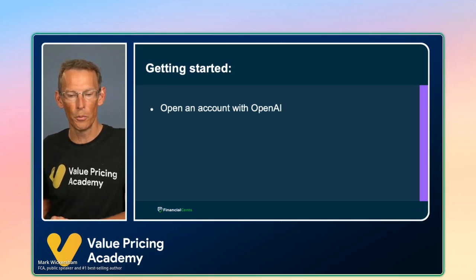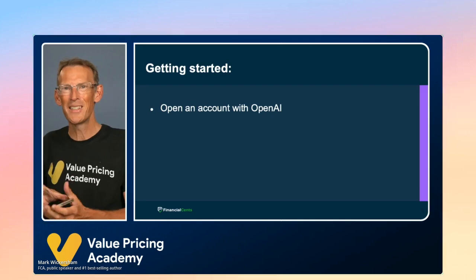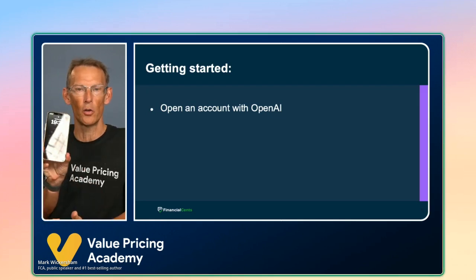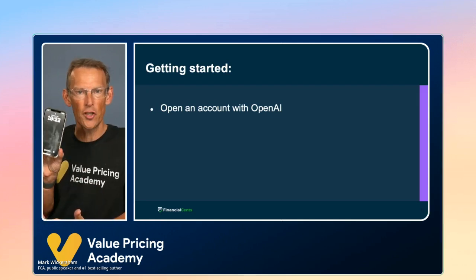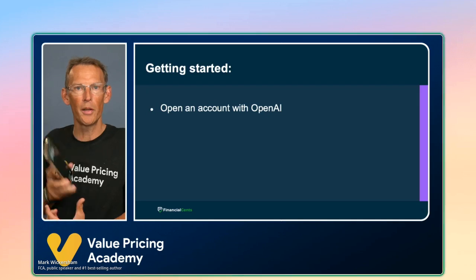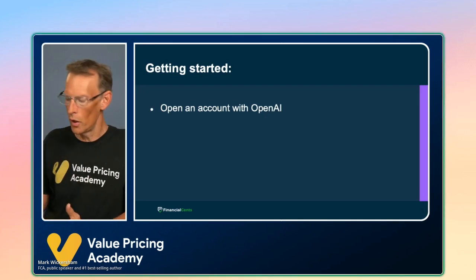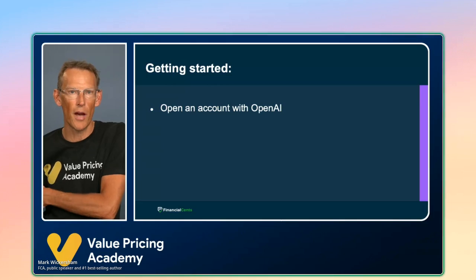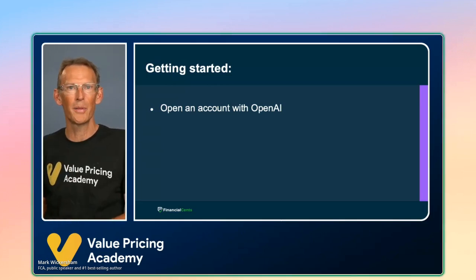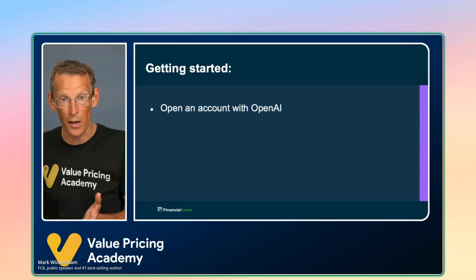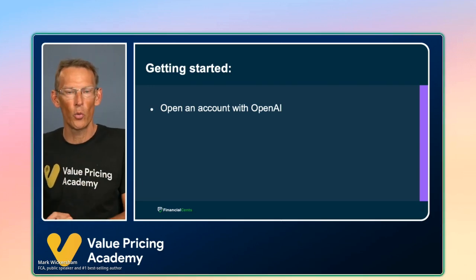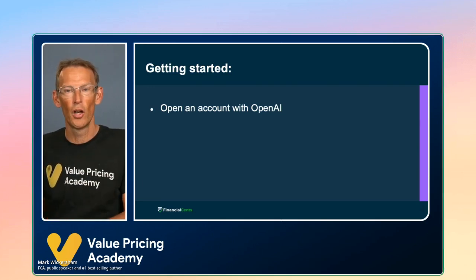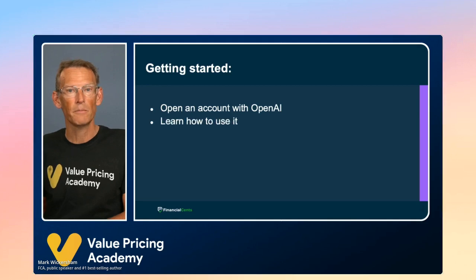Do make sure that if you open up an account for ChatGPT, particularly if you're using a smartphone, it's the official one by OpenAI. If you go onto, for example, the Apple Store and type in ChatGPT, you'll see dozens of apps. There are lots of people trying to pretend it's ChatGPT, and all they're doing is ripping it off or using it in the background. So be careful. Just make sure that when you get ChatGPT, it is the official OpenAI.